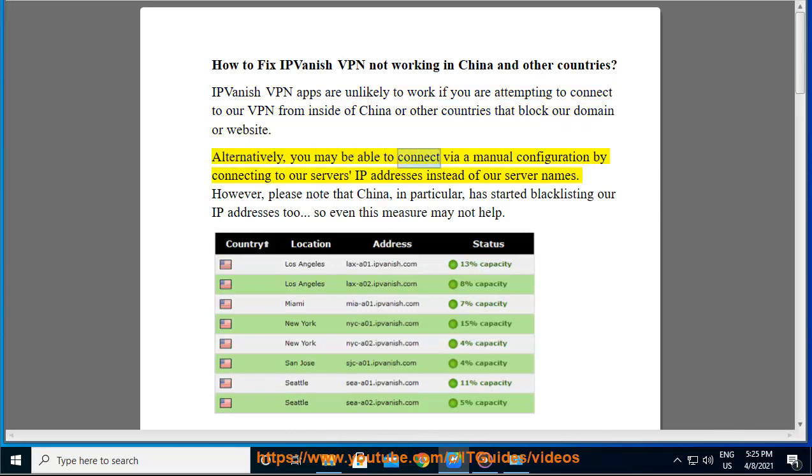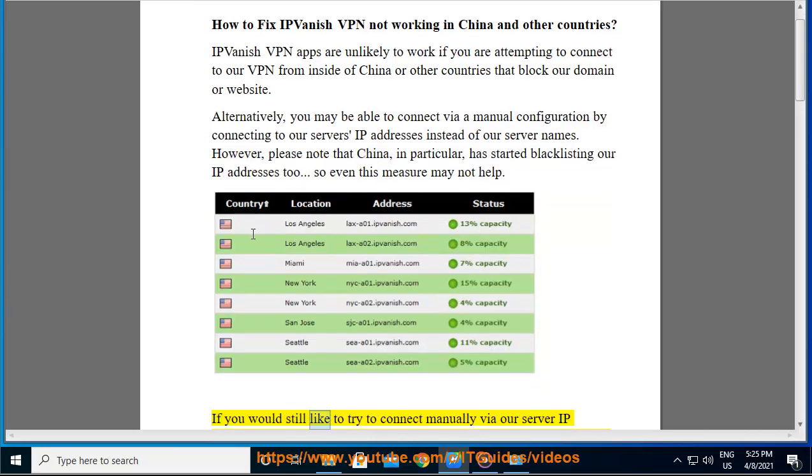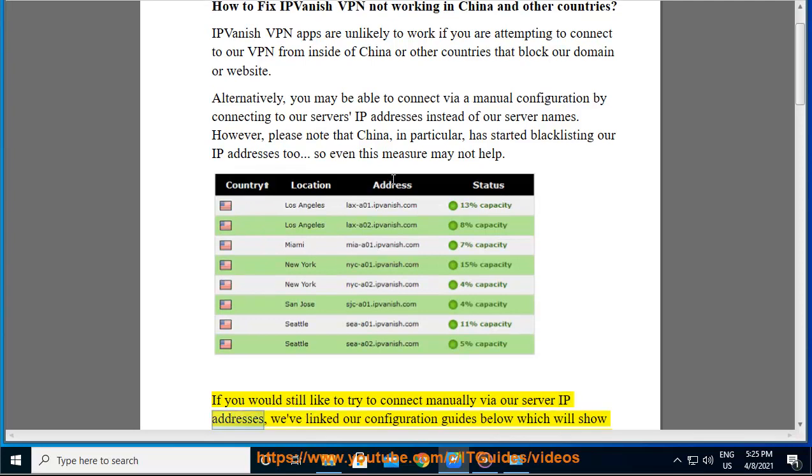Alternatively, you may be able to connect via a manual configuration by connecting to our server's IP addresses instead of our server names. However, please note that China, in particular, has started blacklisting our IP addresses too, so even this measure may not help. If you would still like to try to connect manually via our server IP addresses, we've